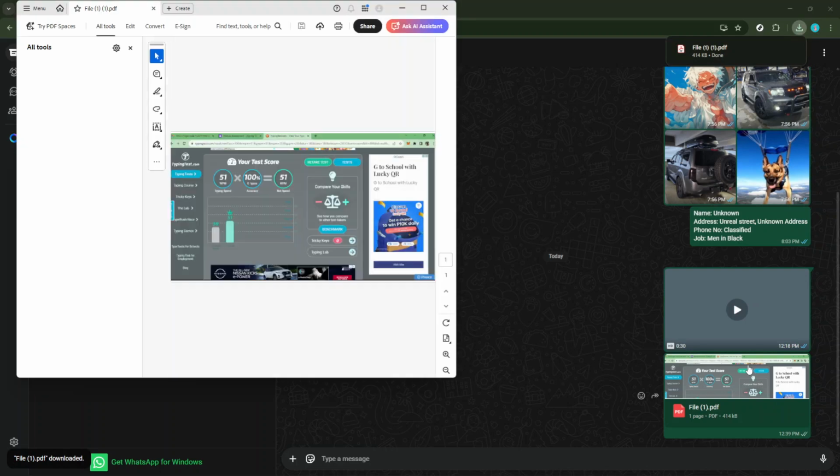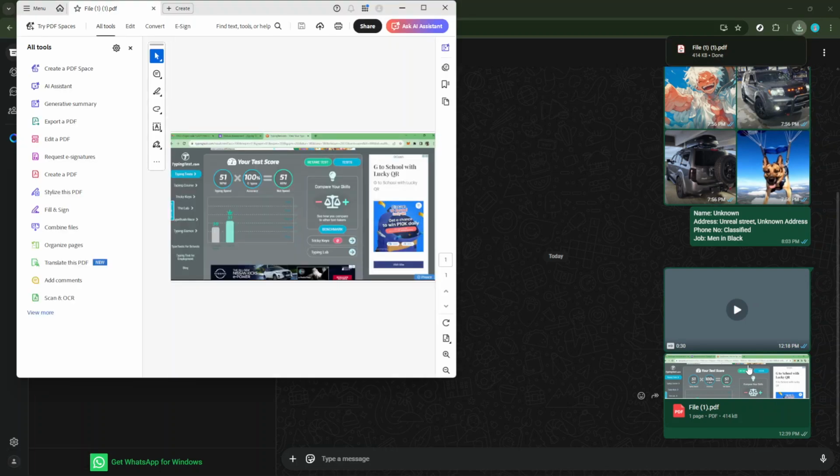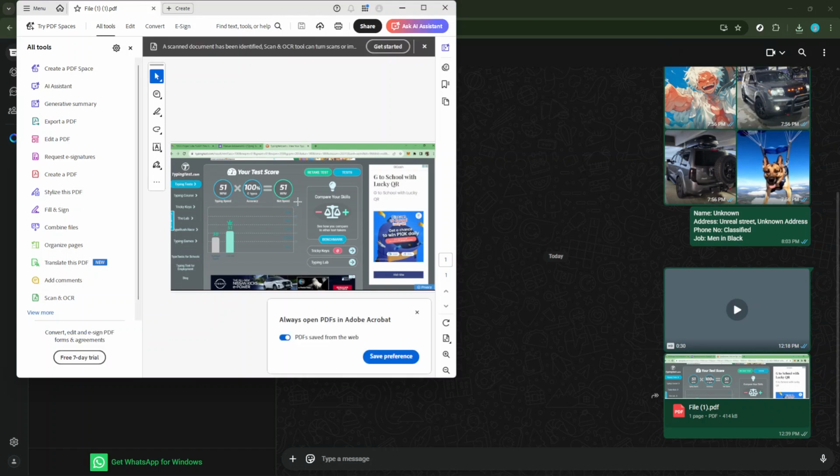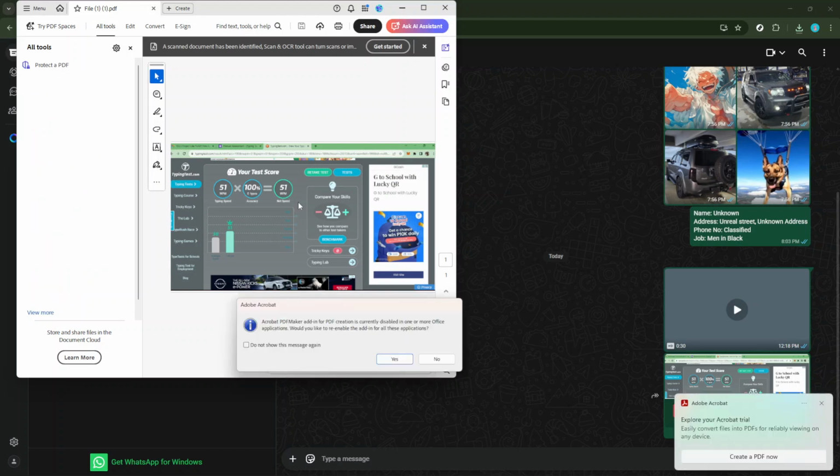After confirming it's the file you need, look for the download icon, which usually appears as a down arrow in most browsers and applications. Click this download button, and your file will start downloading immediately to your computer. Depending on your browser settings, it might save automatically in your Downloads folder, or it might prompt you to choose a location on your computer. Either way, make sure you know where it's going so you can easily access it later.